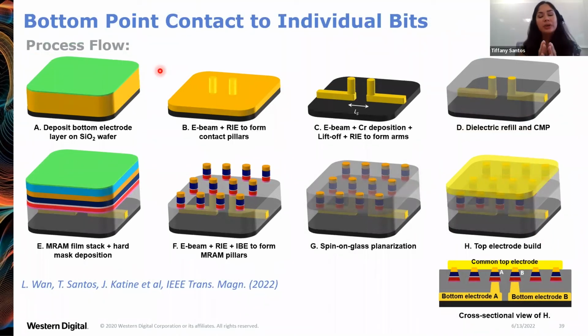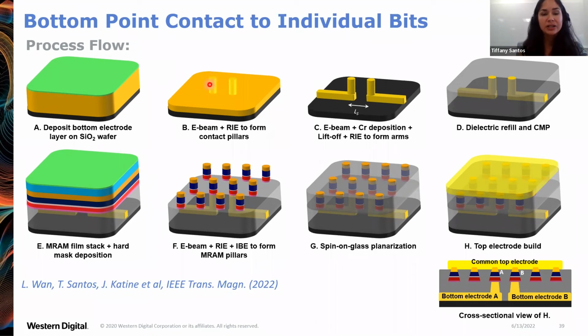So now we can make the MRAM array, but we also want to have electrical contacts and to be able to confirm the switching. And we don't have easy access to expensive CMOS. So we do the best we can in our research lab to make contacts, and we came up with this bottom point contact scheme where we make